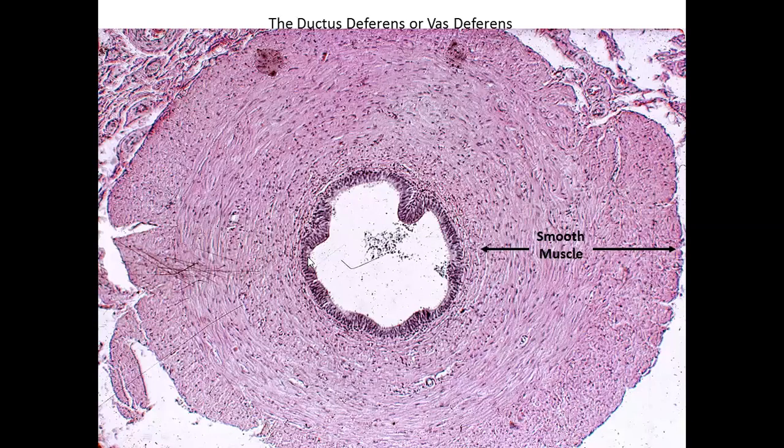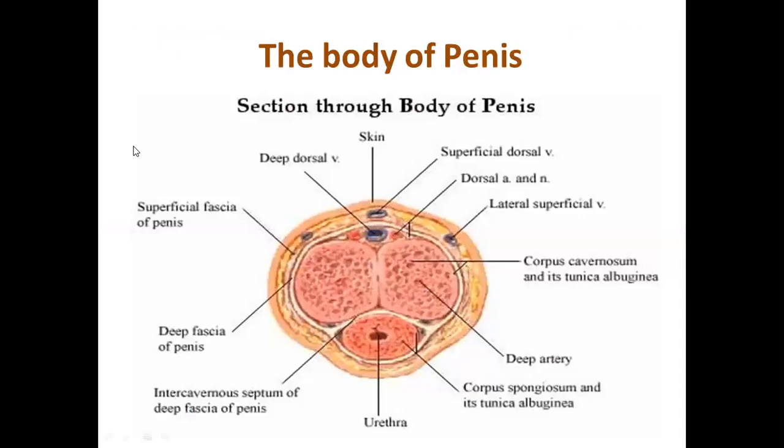Then again, a more magnified image of ductus deferens, where the stereocilia portion is visible and the pseudostratified columnar epithelium is visible. Below the epithelium, there is some smooth connective tissue component, and outside the connective tissue component, there is inner longitudinal smooth muscle, middle circular smooth muscle, and outer longitudinal smooth muscle, which form the thick smooth muscle layer or muscularis externa of ductus deferens, and outside it, it is only connective tissue adventitia.